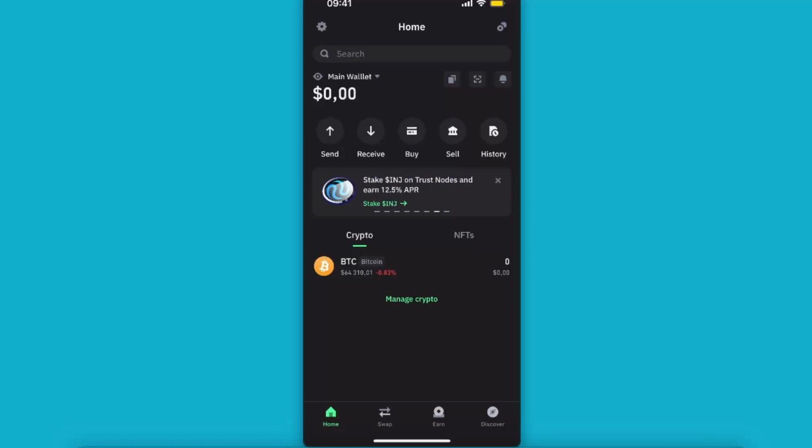Hello guys, in today's video I'm going to show you how to add Arbitrum network to your Trust wallet and use its coins in order to receive it or buy it and have it basically on your dashboard on Trust